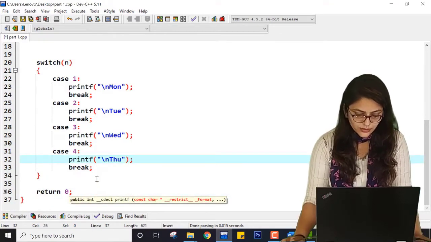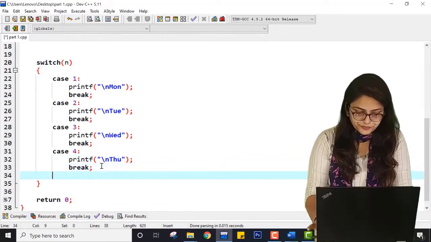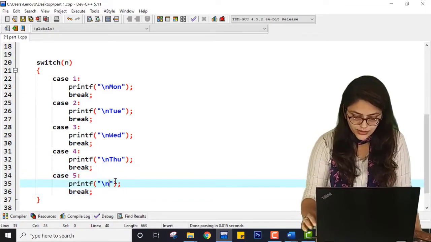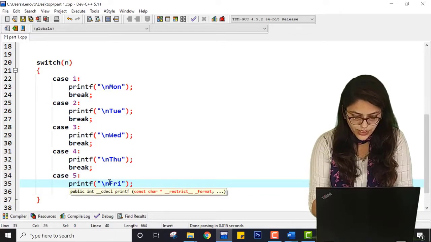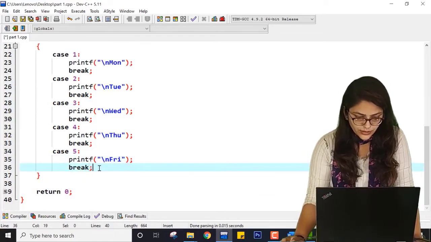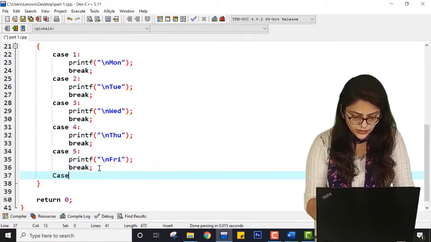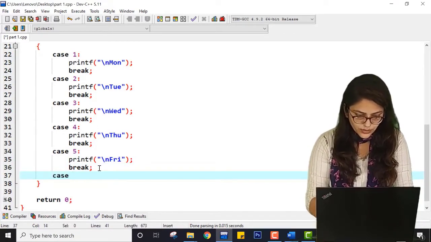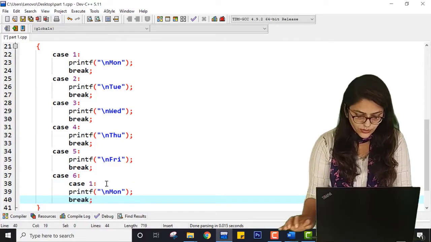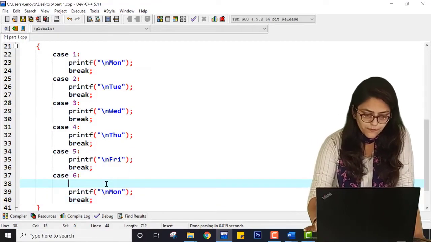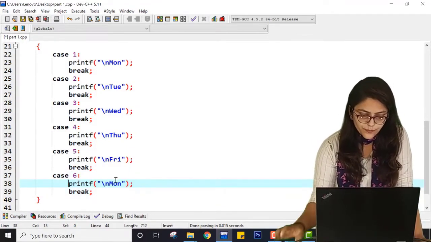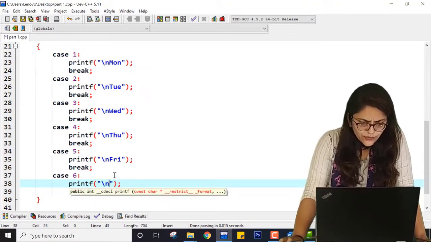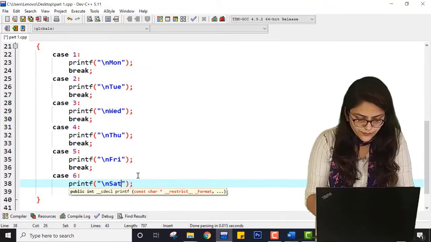It's Thursday. Case 5, it's Friday. And then here case 6 will be Saturday.